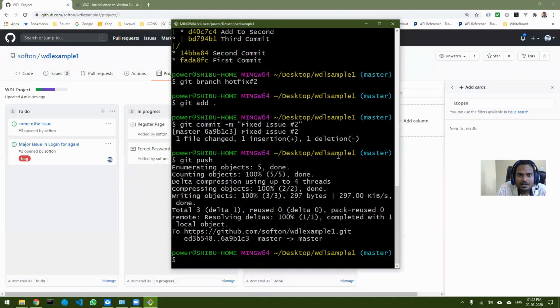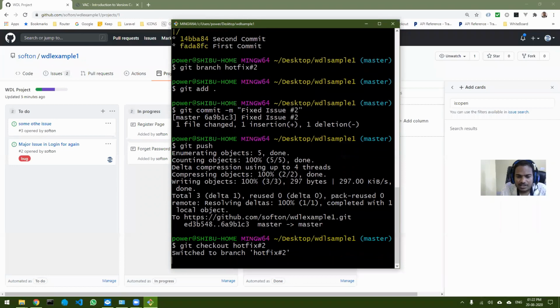I have done a big mistake. I think most of you must have noticed what I've done. I have created the branch, but I never went inside the branch. That is sad. So let me just show you what I should have actually done. After creating the branch, I have to do checkout. I forgot to check out because I was doing it in a hurry.